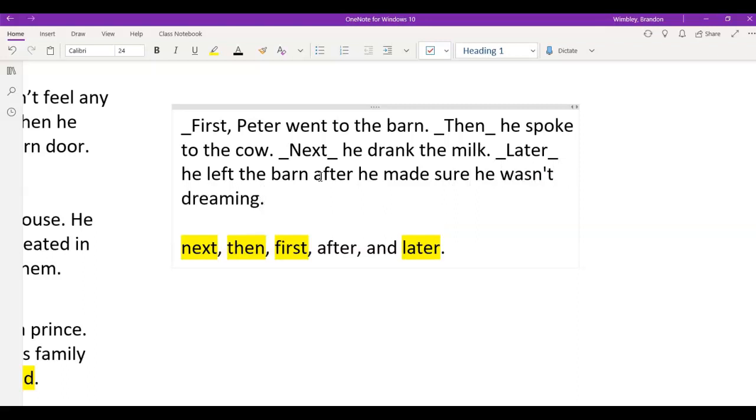So just in this short little paragraph, notice how I put my events kind of in order. Here's the first thing that happened. Here's the second, the third, the fourth. So I can use these words to show kind of important events. So I want you guys, as you're revising it later on this week, to think, how can I add those